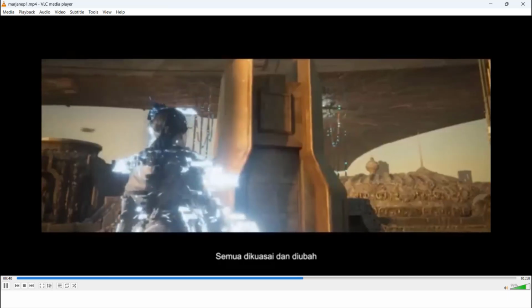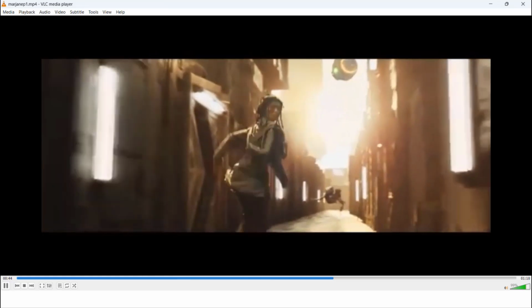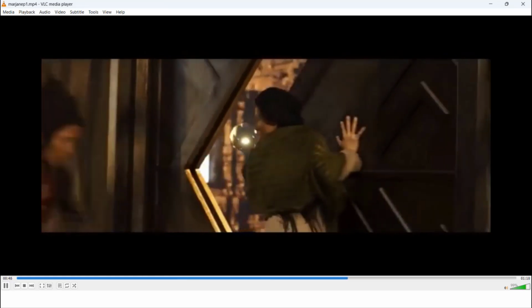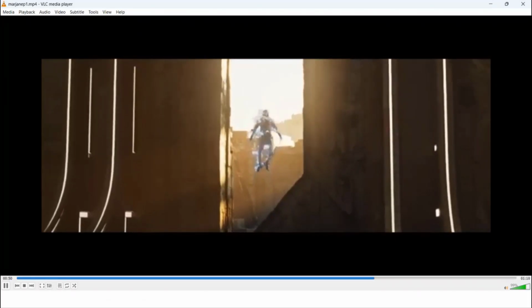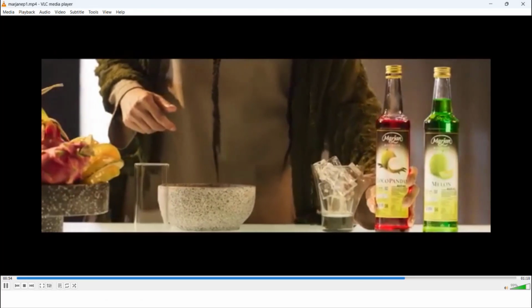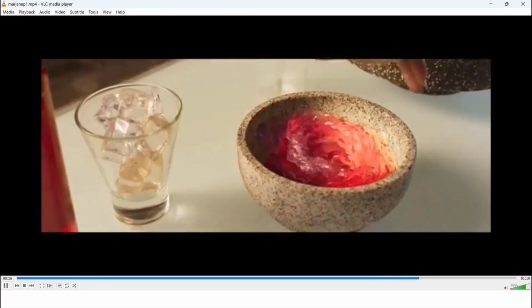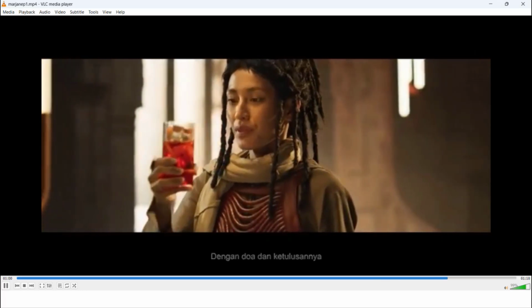Semua dikuasai dan diubah. Tapi ibu melindungiku. Dengan doa dan ketulusannya.